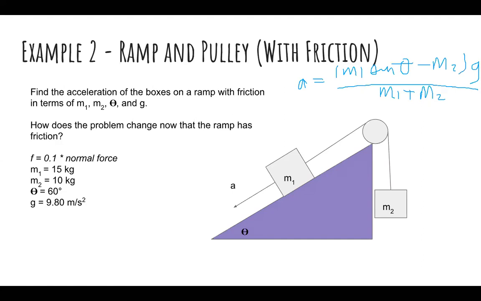So let's start by looking at the frictional force. We have the frictional force is equal to 0.1 times the normal force. That's the information that's been given. Now, if the normal force is pointing upwards from the box like this, and we have gravity pointing downwards,